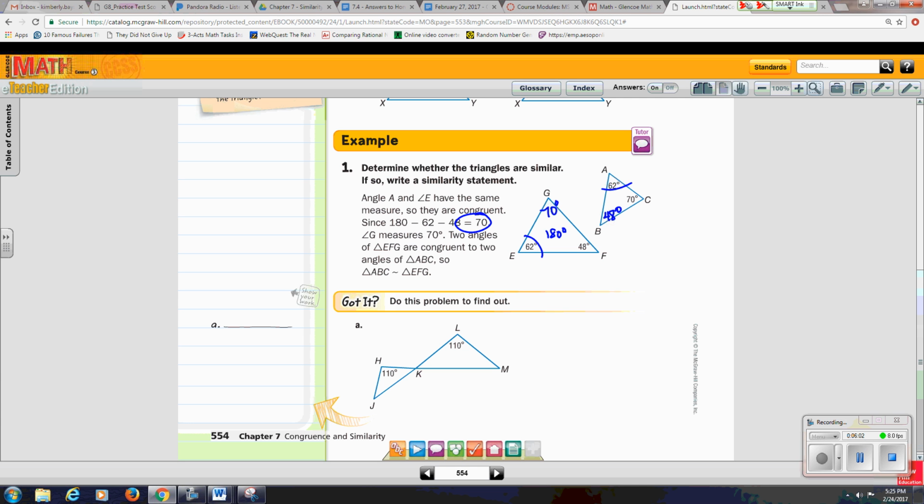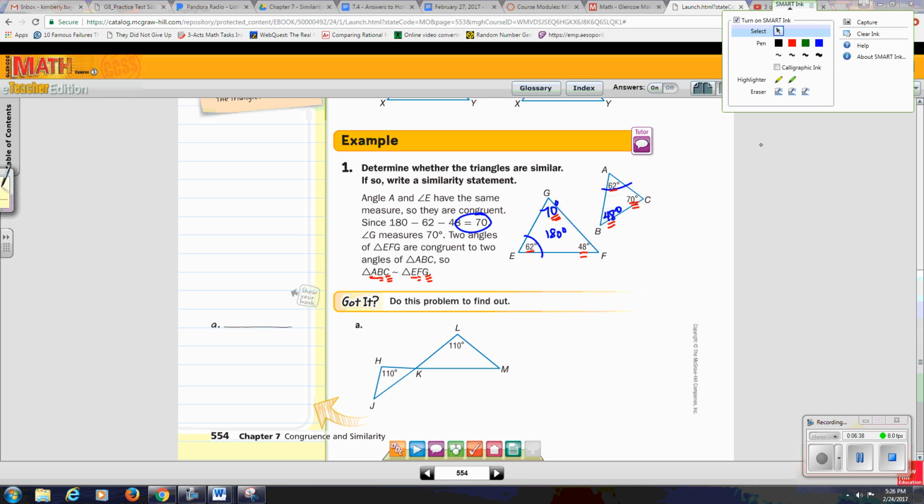Now I want to point out very carefully that E is the 62-degree angle, and it's listed first. And angle A is also the 62-degree angle, and it's listed first. And then angle B is the 48-degree angle, and angle F is the 48-degree angle, and it's listed second. And then angle C is my 70-degree angle, and G is my 70-degree angle, and they are both listed third. So kind of keep that in mind. Order does matter. Okay? So pause the video, try the got it problem below, which is asking us to do